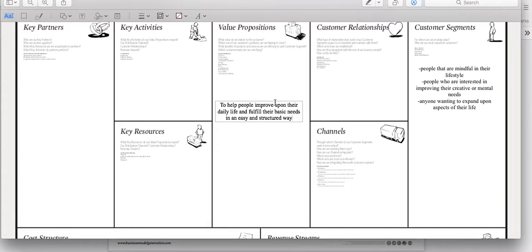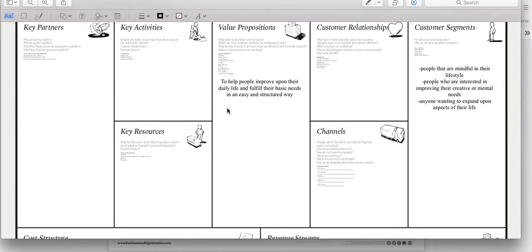Because a lot of times people set goals for themselves, set things that they know they need to do, things that they want to do, and they just don't know where to start. And that's the hardest part about improving your life and improving the way that you live, is definitely just trying to figure out where to start and what to do next.